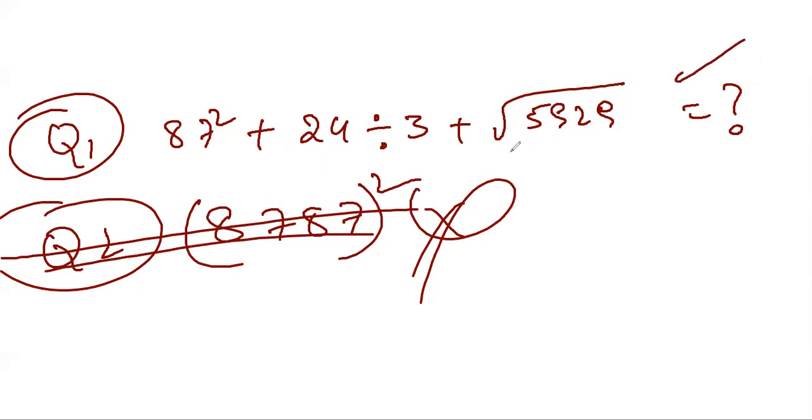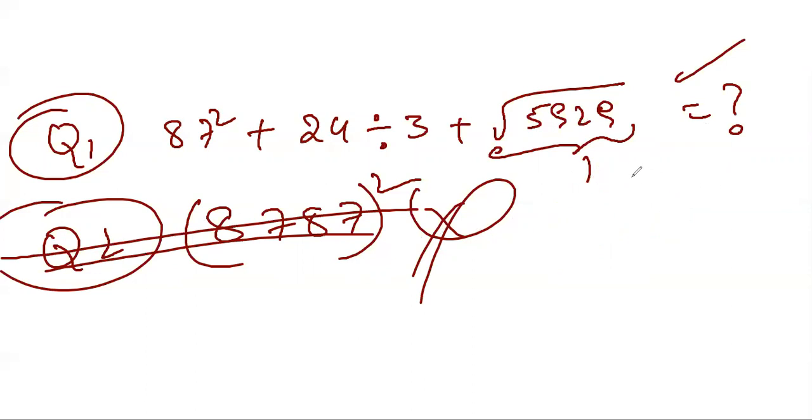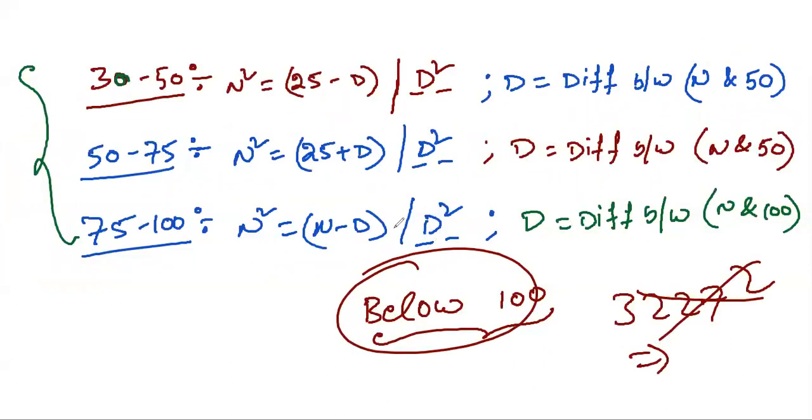I already have a video on finding the square root of any number. This is 77 square. Whenever you see this, you can do it easily. If you watch that video once, then you can do it easily by seeing the number itself. So here I told you how to find out square numbers by using difference values. So this is my method. I hope this is useful to you for your preparation, and you will find out the answers without wasting your time, because time is very important. Time management is very, very important while you are preparing for any competitive examination.